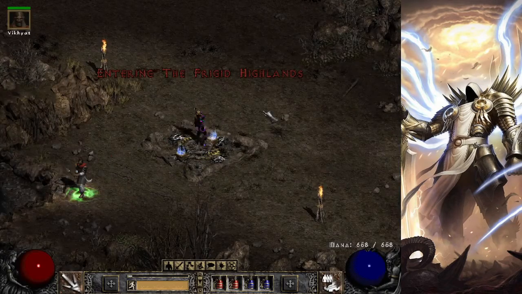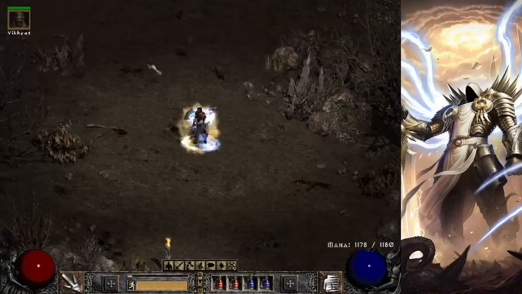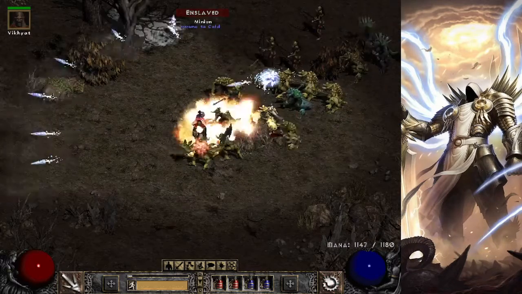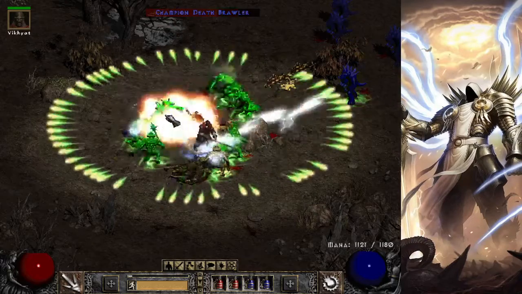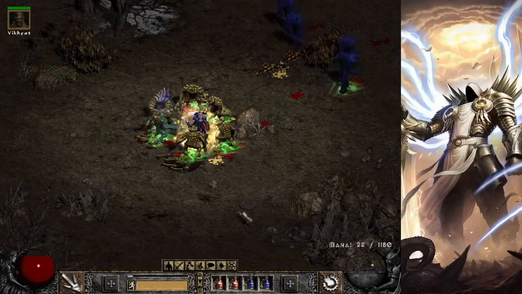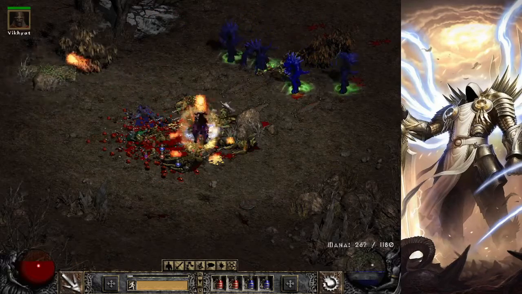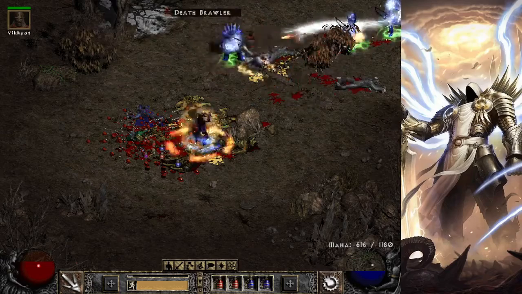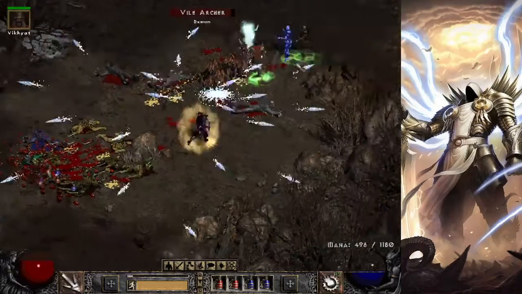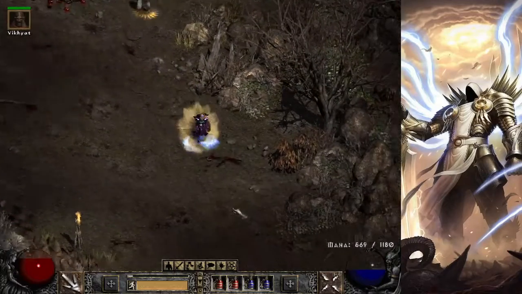Let's go to Frigid Highlands first, since that's like our go-to spot. You can see our fire damage was fine. We just got clapped there a little bit. But yeah, these guys are cold immune and we can just use fire on them. Obviously we have an Infinity merc, so...